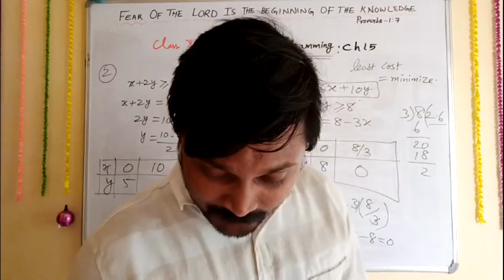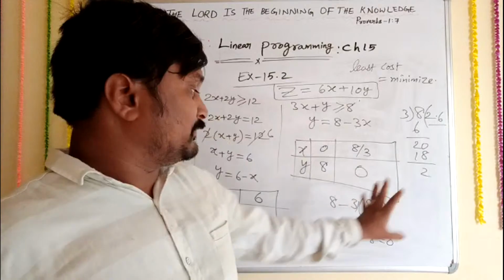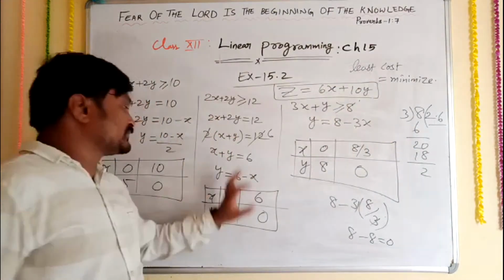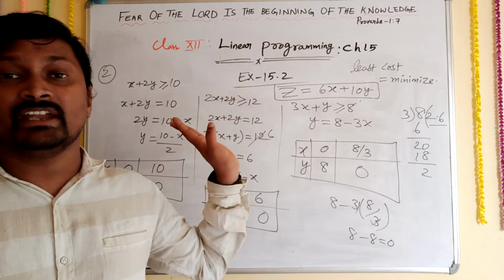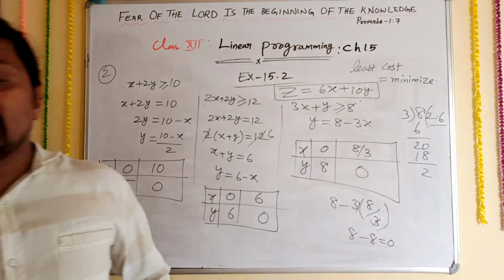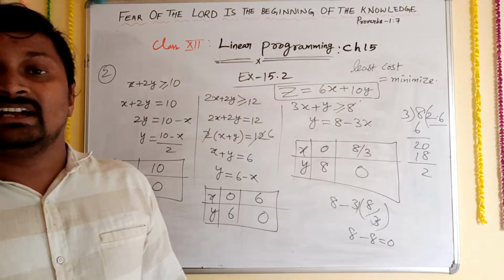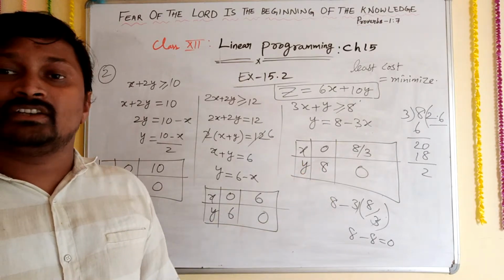So the graph you have to solve. This is completely homework for you, whichever the graph part is there. And at last, which point you are going to solve that? Which point is going to be the minimized? You have to find out. Okay, that is about your second. And this completed. We'll stop here. Okay. And for this third one, only equations I'll give, and graph part you have to solve.